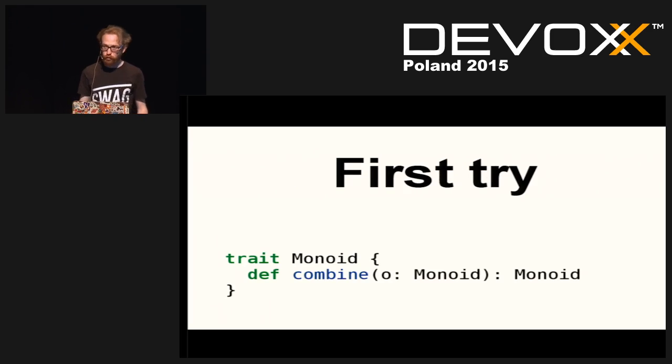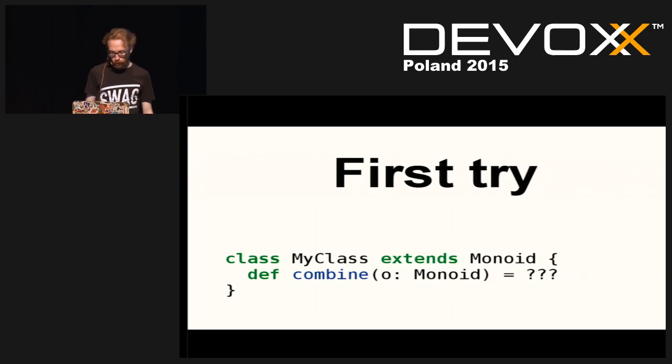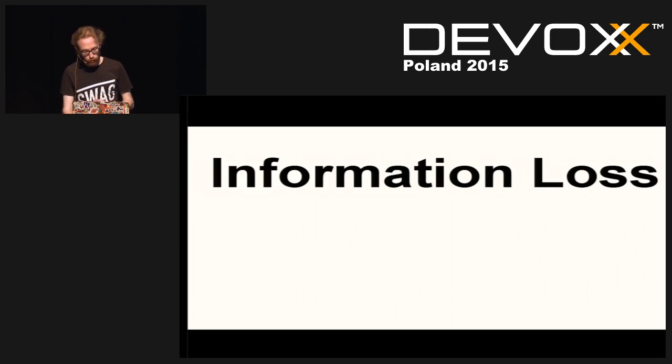Okay, a first try, a first object-oriented try. Let's say we create a trait Monoid, and it defines a method that takes another monoid and returns a monoid. So we create a class, it extends Monoid. There are many problems with that. The first one is that it takes another monoid, but lots of things behave as monoids, so we don't want to take every monoid. So you lose information,